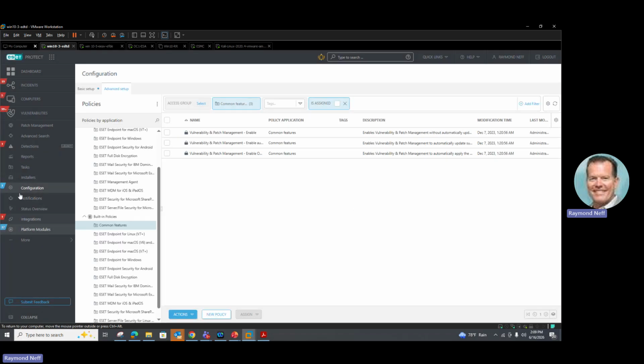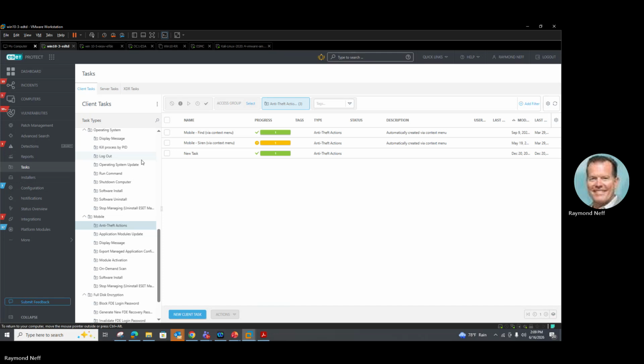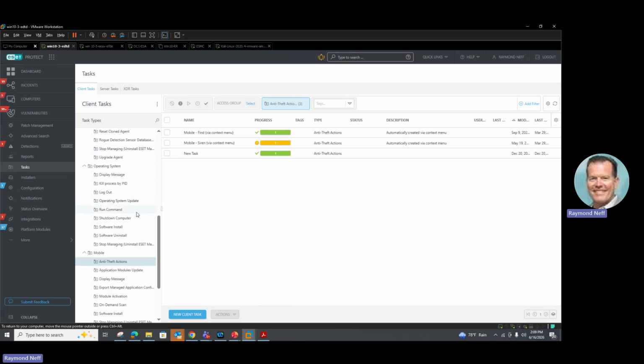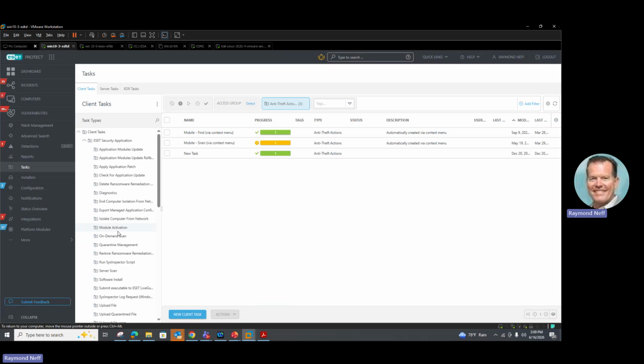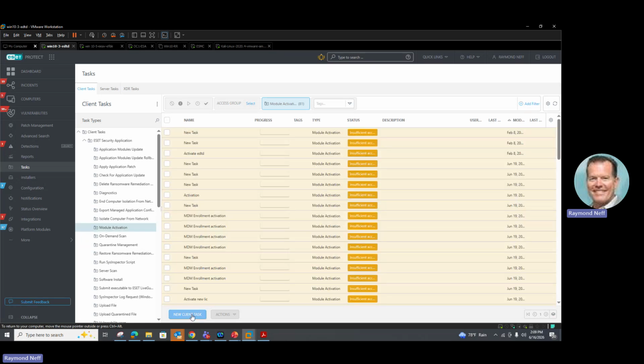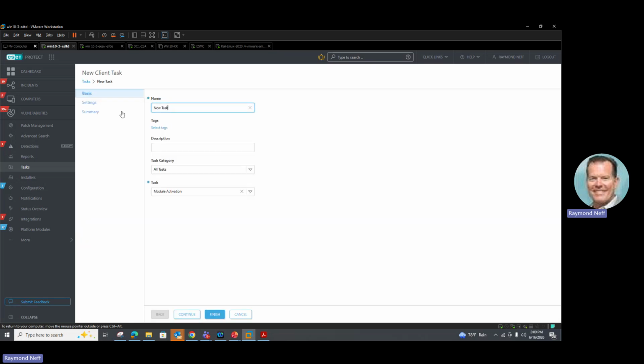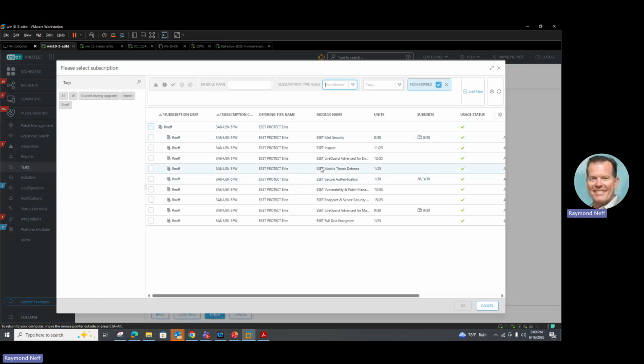So really what you're going to do is run a task, and then we're going to do a product activation task. If we look up under here, it's going to be module activation, do a new client task, and it's module activation. I do settings. I click this license, and I choose the ESET vulnerability and patch management right here. So I would actually activate all those